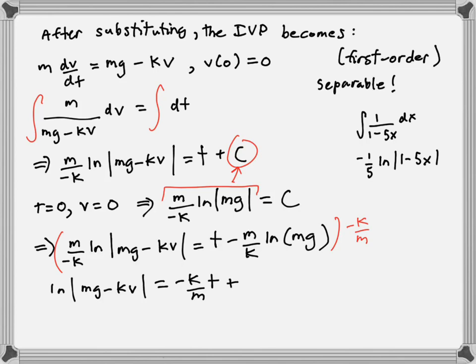plus ln of mg. Okay. What do I get from here? Actually, sorry, let me go ahead and do e to the power of both sides, okay? I'm going to do e to the power of this and e to the power of that. So what I end up with is the e and the ln cancel each other out, and so we end up with the absolute value of mg minus kv is equal to,